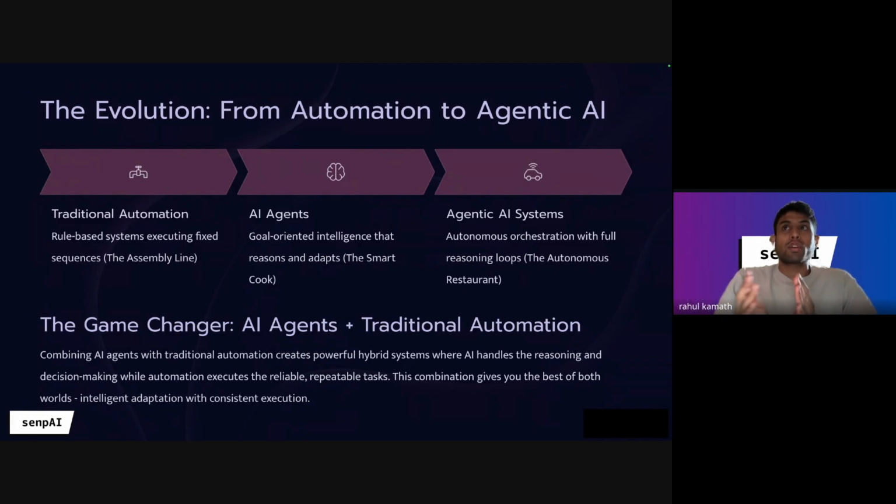But if you want to automate that and orchestrate the whole thing, that's when you build an agentic AI system where one parent agent is working with multiple sub AI agents. So when you're confident about how all the individual AI agents work, that's when you transition from AI agent to an agentic AI system, where the agentic AI is overall monitoring and orchestrating the entire set of AI agents and traditional automations.